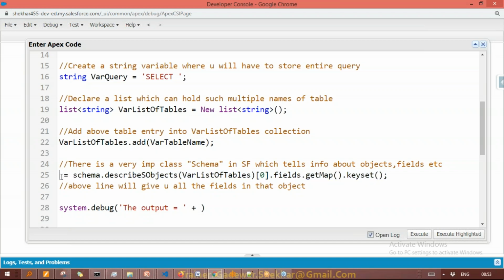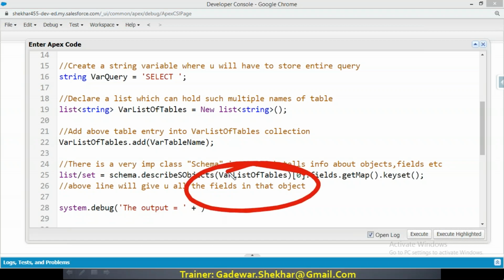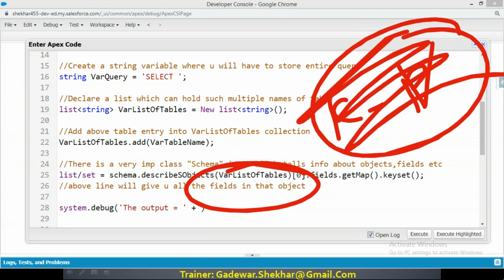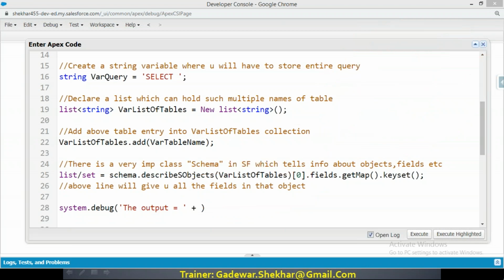But which collection? List or set. Definitely map is not going to be there, because it's just going to give me the field names. So how can I save field names in a map? Map comes into the picture when you have a key and value pair. We don't have that format. It's just one direction of data, like for example age, name, salary. So why do we need a map? No, we don't need a map. So we need either list or set.